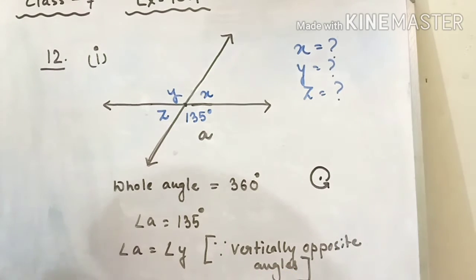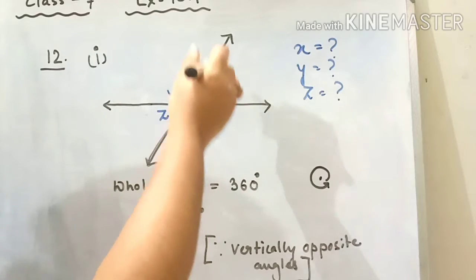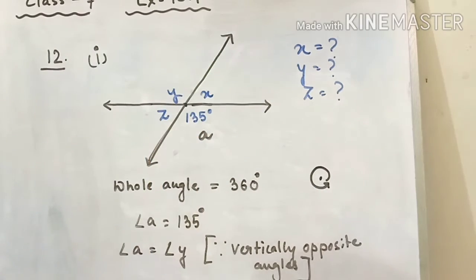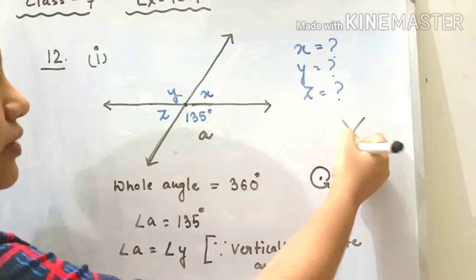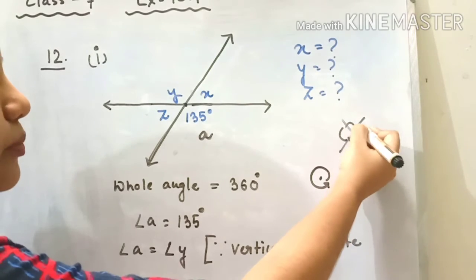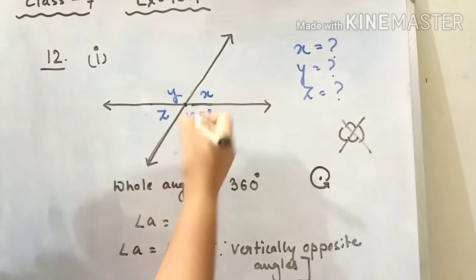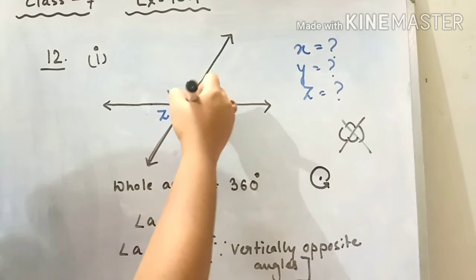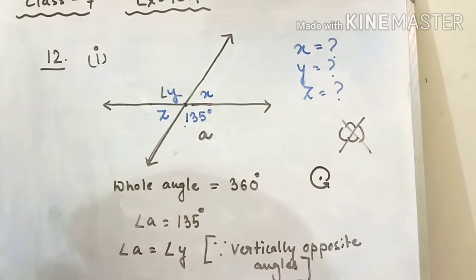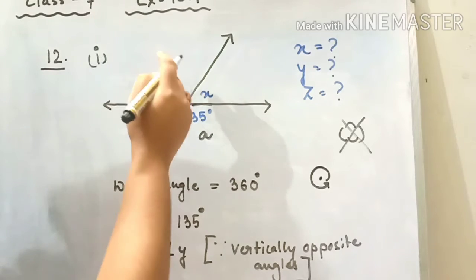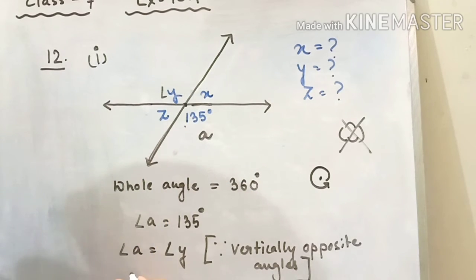You remember what kind of angles they make? I have already said, when you see X type of angle, or this kind of X, you can understand that there is the presence of vertically opposite angles. Now 135, there Y is lying just vertically opposite to 135. So we can say from there that angle A, that is 135, is equals to angle Y. Therefore we come to the first answer, that is angle Y is equals to 135.